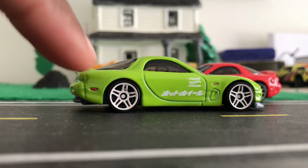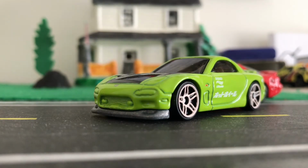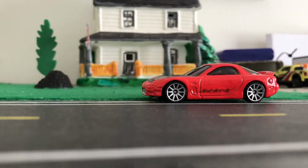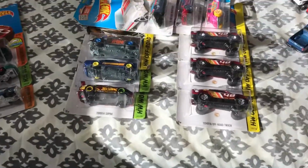This green RX-7, all I did was paint the wheels white. They came in a copper color, looking like a penny, almost. But you probably already know that. So lately I've been seeing, hang on a second. What's that? Alright. Truck has an exhaust on it. Anyway,